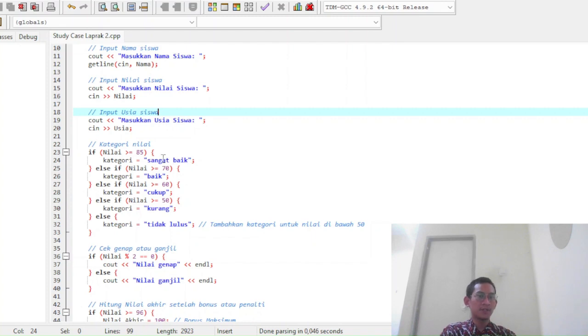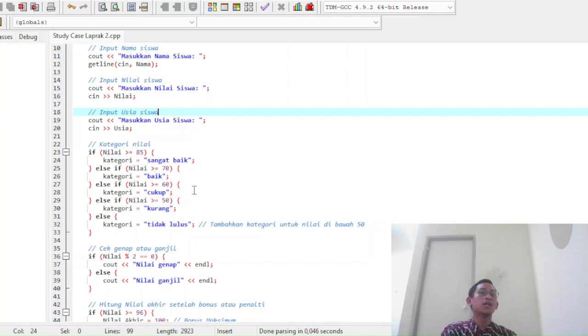Else if the score is greater than or equal to 70 but less than 85, it is categorized as good. Also if the score is under 70 but greater than or equal to 60, it is categorized as enough, or